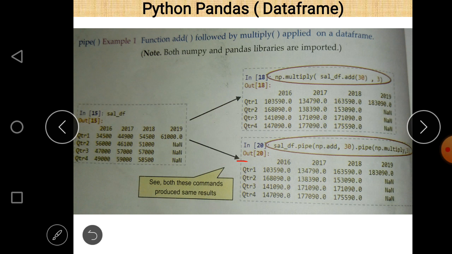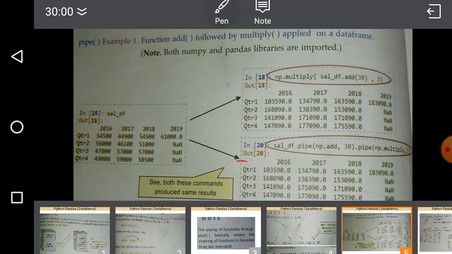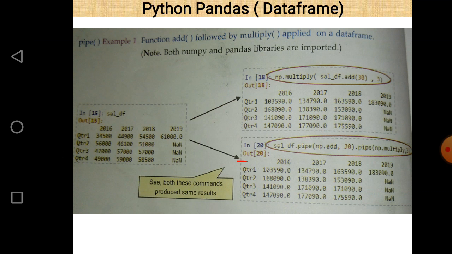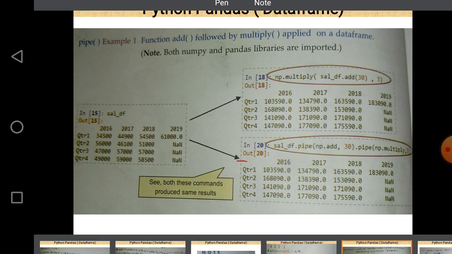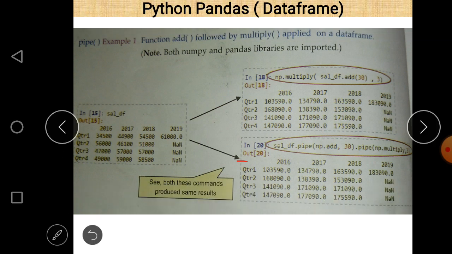As we know, according to the rule of BODMAS, the bracket is solved first, so the add function will be solved first, and after that the multiply function will be solved. And there is no pipe function at all.